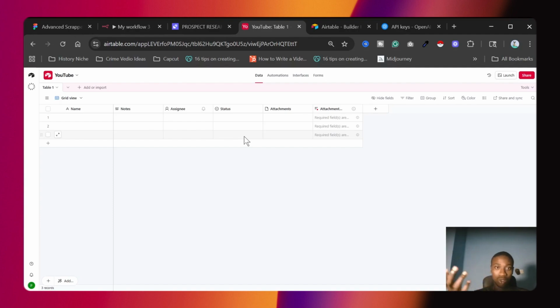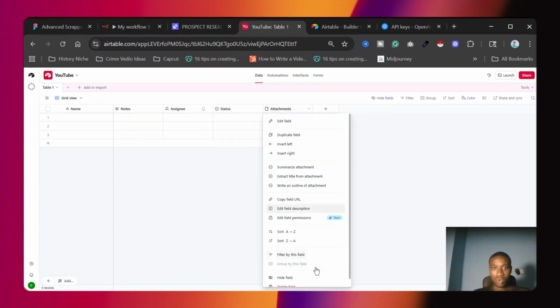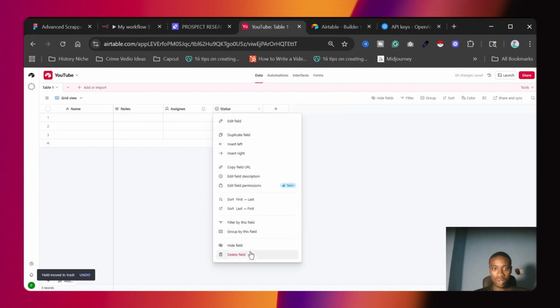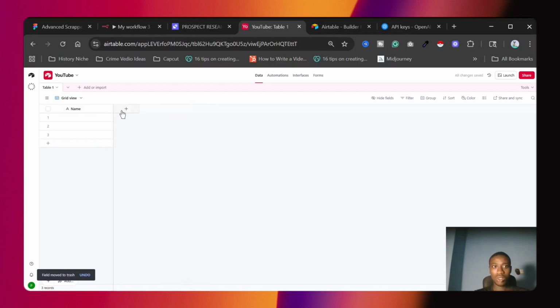When I'm starting, I'm going to show you the starting process of creating these, and to just save time, I'll just show you the end process. So yeah, first off, I need to delete all the fields, and that's what I'm doing right now. You can't delete this first field because that's how Airtable is. It's some sort of primary field.